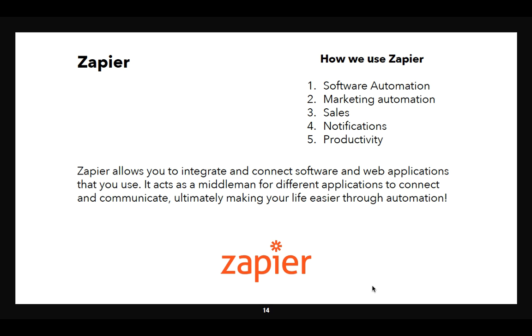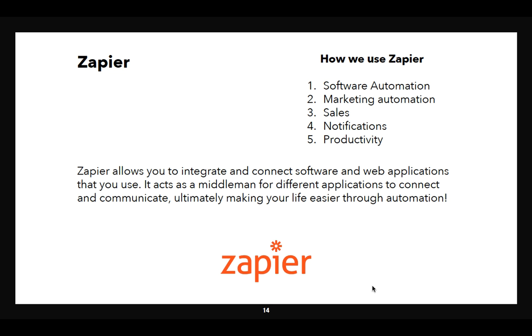So Zapier is the mega automation tool. It is a software automation tool. It's a marketing automation tool that you can use, and it also acts as a middleman. And there are over 1,000 different applications that you can integrate with other software applications and platforms. So it's a great tool. It's really robust. A lot of people don't know about Zapier, and they also have a free version. So there's a ton of free applications that you can use for Zapier to automate your processes, and also automate